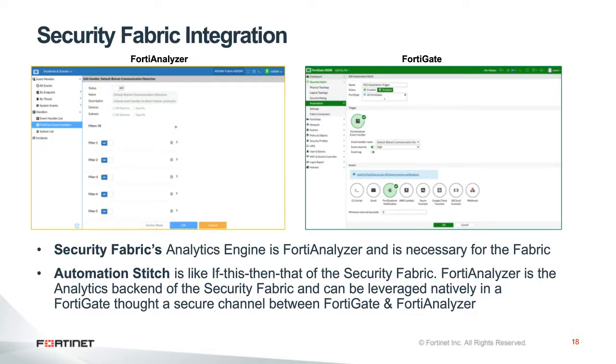But more importantly, you can also leverage the analytics engine from FortiAnalyzer within your FortiGate, which might be sitting in California, for example. And we have something called automation stitches, which is a very simple framework of if this, then that, right? So if this trigger happens, then do this. That's what we are showing on the right-hand side in the GUI as part of the automation stitch. And you can leverage a very advanced event handler that you've defined within FortiAnalyzer, which, for example, could be